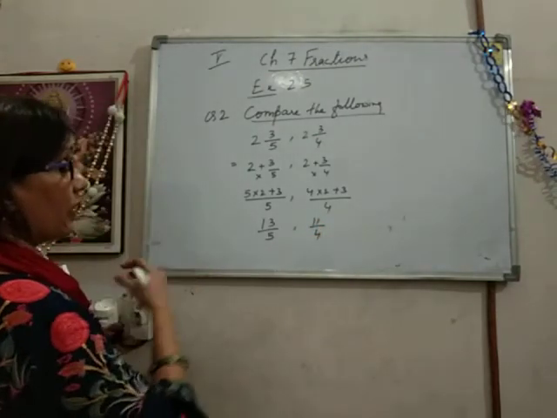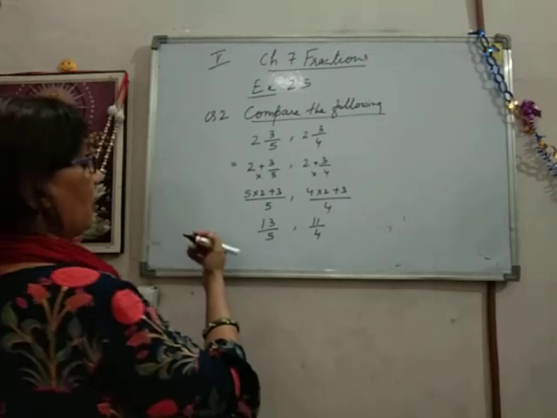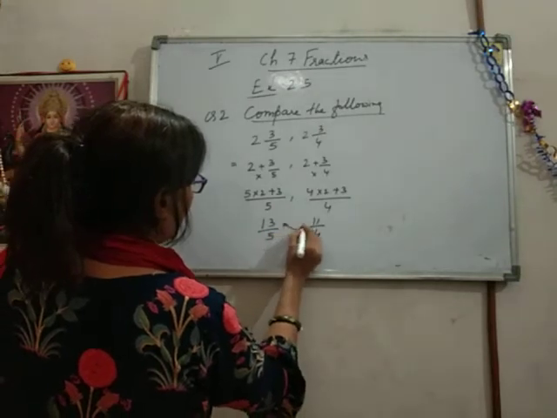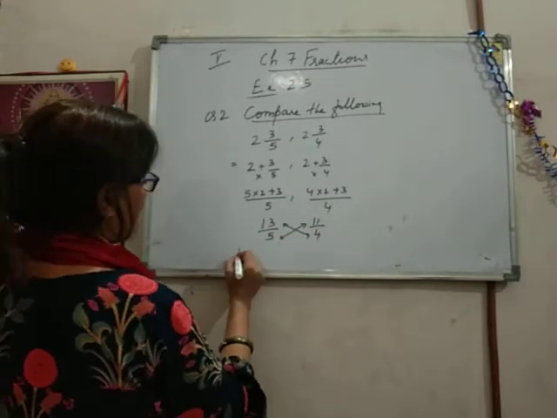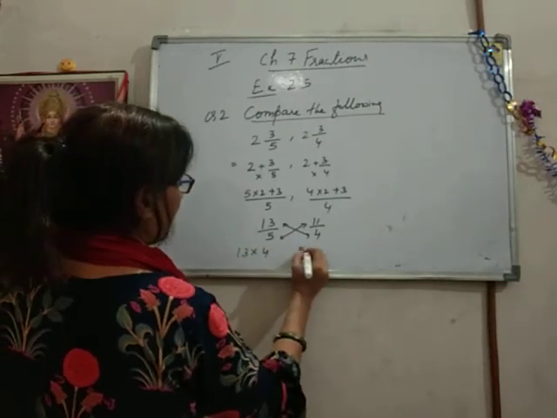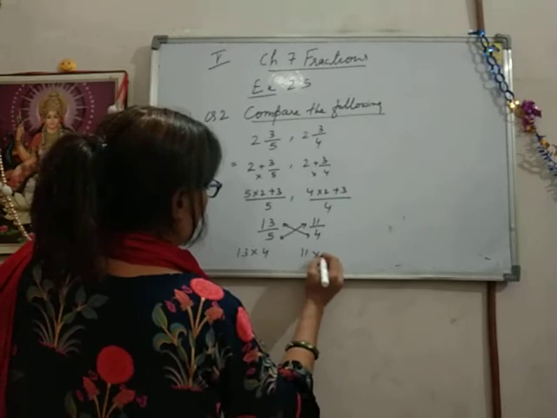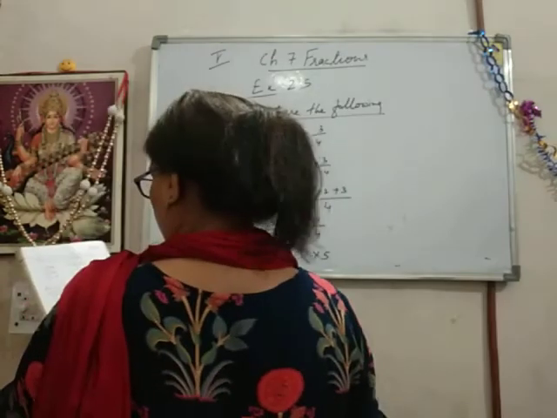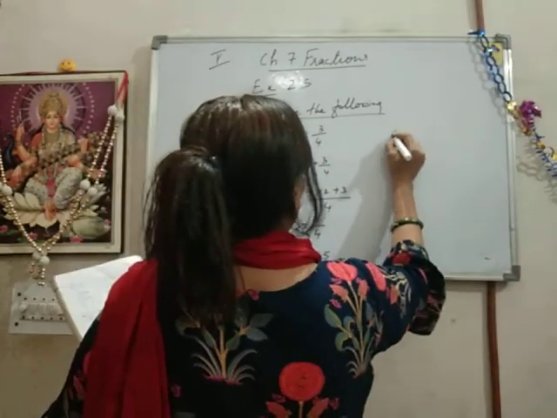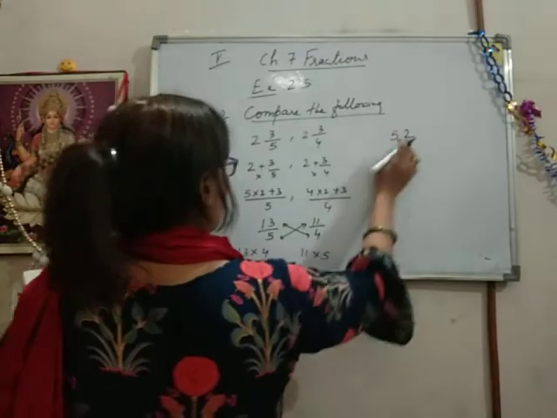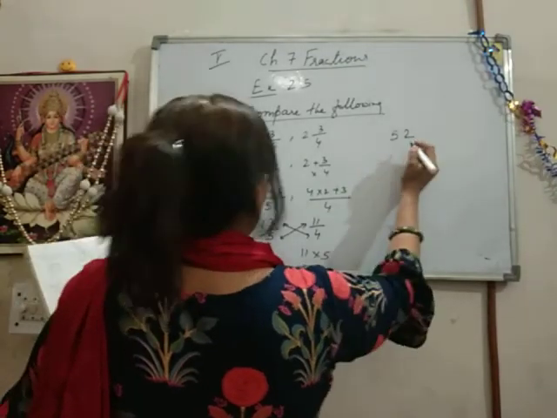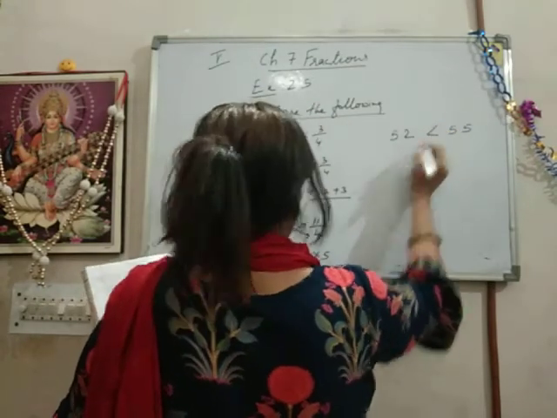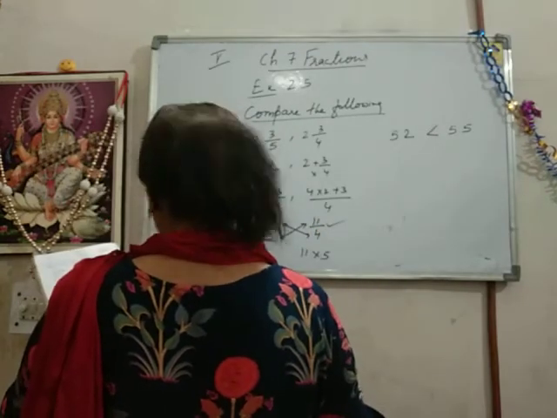Now we have to compare. Again we are getting the same thing as in the last question. What do we do here now? Now we do the cross multiplication again. It is like this: 13 4s are, and 11 5s are. I start from that side. All of you know, 13 4s are, you know na, 3 4s are 12, write 2 carry 1, 4 1s are 4, plus 1 is 5, 52, and 11 5s are 55. Okay students, which is greater? This side is greater. This means that 11 upon 4 is the greater.